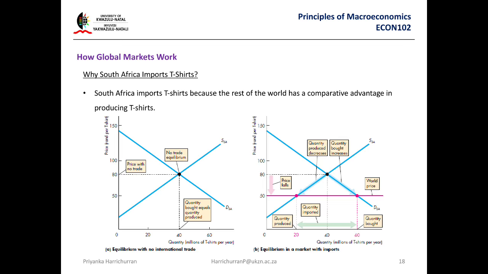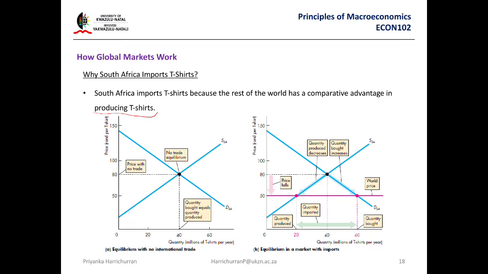Equilibrium. Okay, so I'm explaining very simple. Let's say you're selling t-shirts and you are South African import t-shirts. This is where there is no international trade. So if you picture South Africa in lockdown, only South Africa in the world, this will be the demand and supply. However, if there's international trade, so it's possible to buy t-shirts from other countries other than South Africa, this will be the demand and supply, which is the real case.